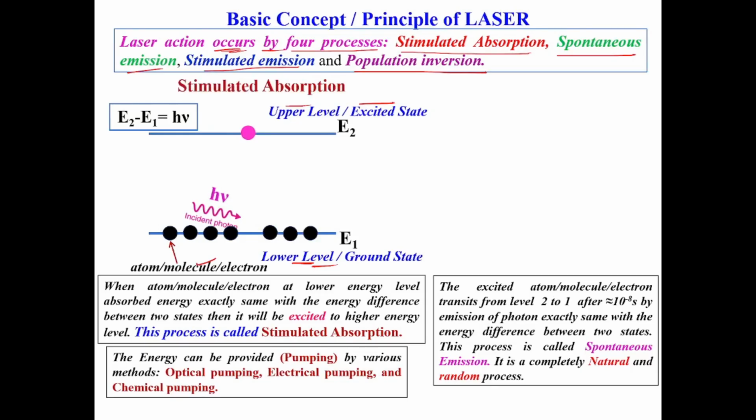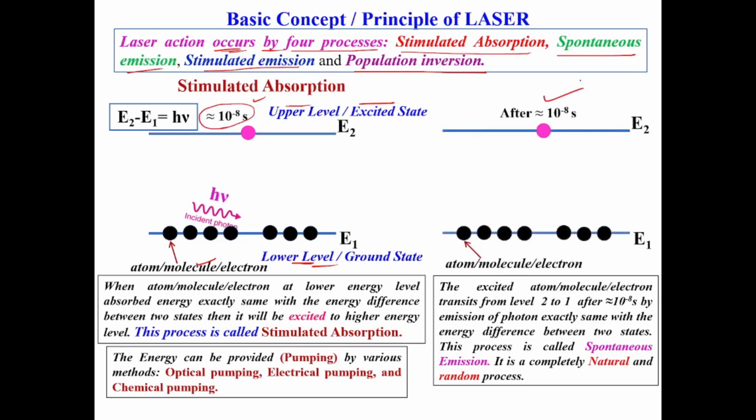This is called stimulated absorption. After approximately 10 to the power minus 8 second, the atom will automatically, naturally transit to the lower state. After 10 to the minus 8 second, it will transit to the lower state and emit a photon having the energy difference between the excited state and the lower state, that is E2 minus E1 equal to h mu,